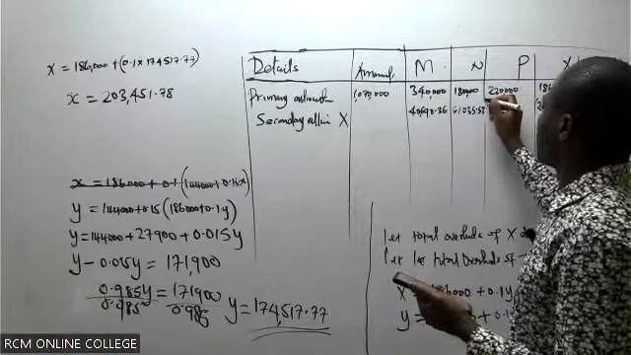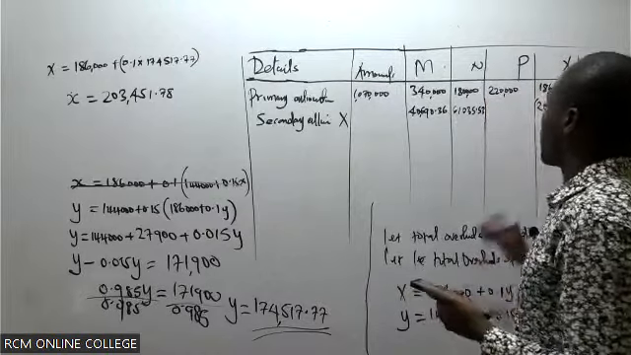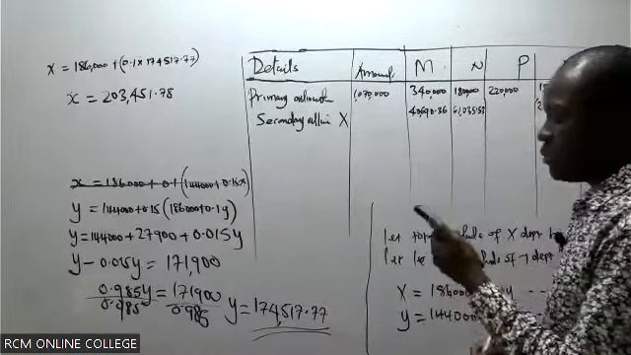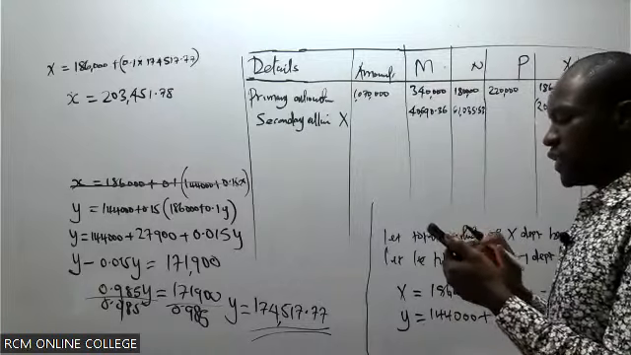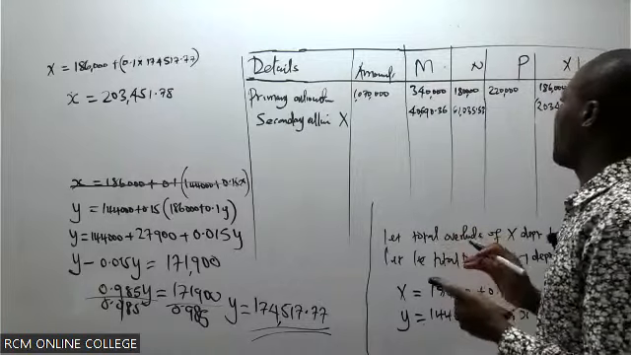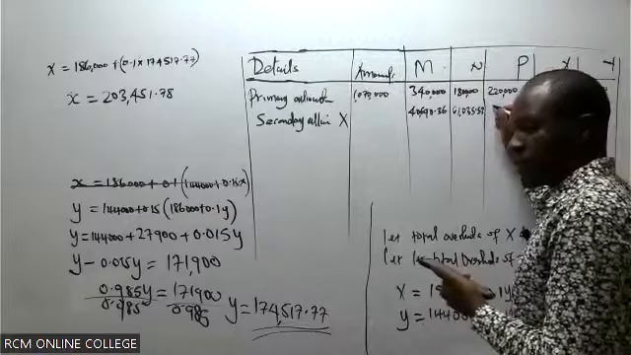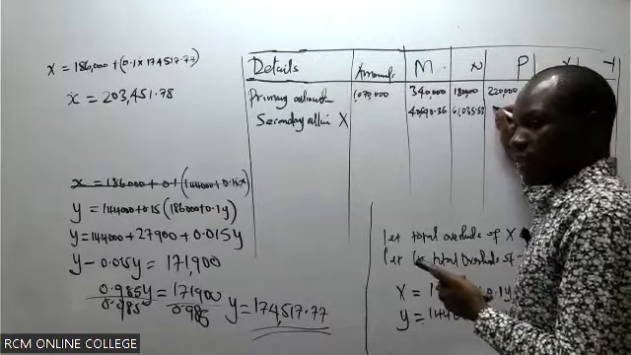61,035.53. Okay, how about the other one? That is P. P is supposed to receive 35%. Itakuwa ngapi? 35%,